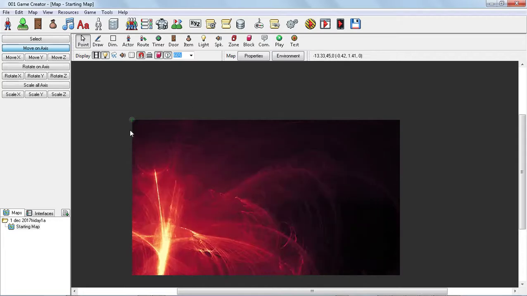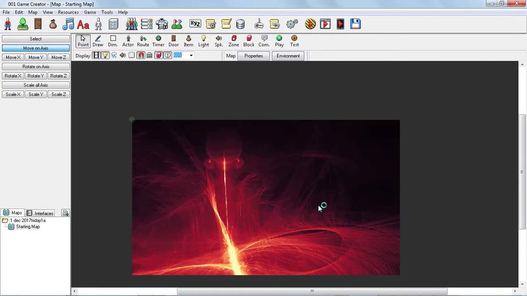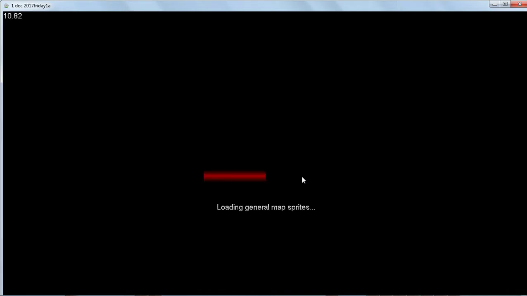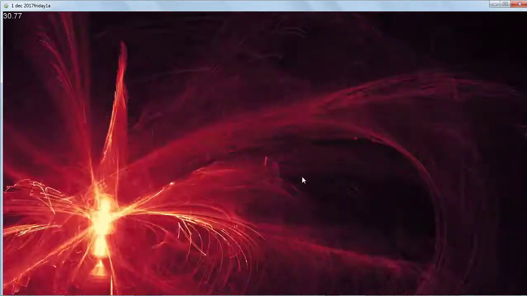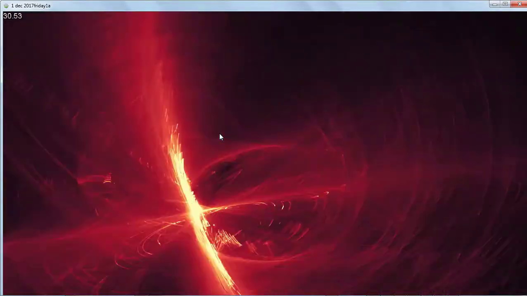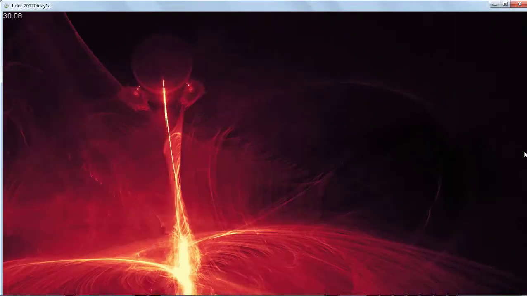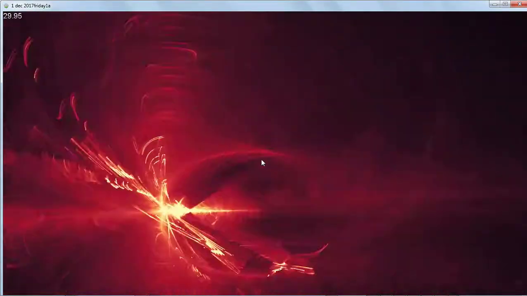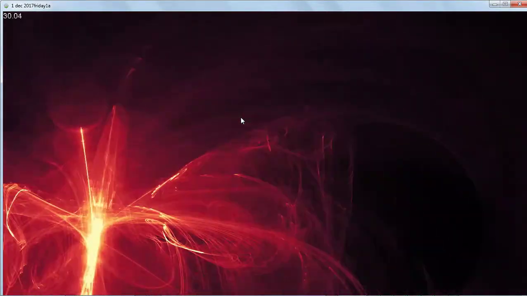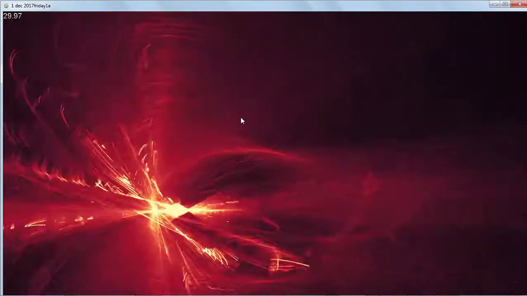And I've turned the, well, let's test it. And as you can see, the actor's still there, but he's invisible. And he'll be used later to move to the next map to change the colours. So I'll be moving him along. That gets a bit more complicated. But for now,